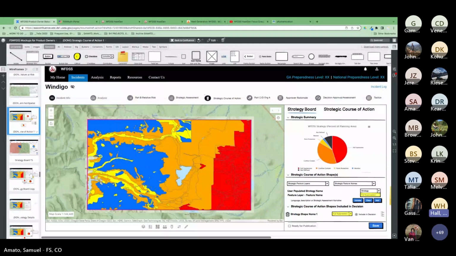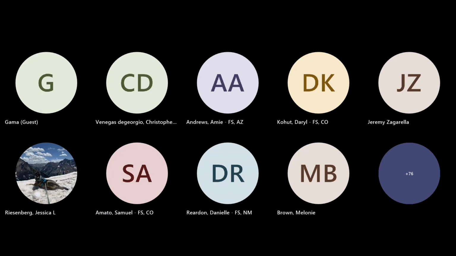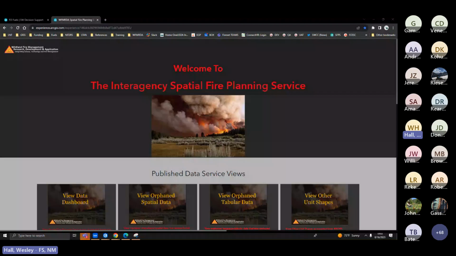Yeah, I'll share the screen for just a minute. You bet. So right now, this is the homepage for the Spatial Fire Planning Service. We are currently publishing view-only data out of WFDSS Classic, as WFDSS Classic remains the authoritative source for fire planning information. But prior to moving to production with NextGen WFDSS, we still have a transition phase to where folks will come to the Spatial Fire Planning Service. This page may look a little different, but this page